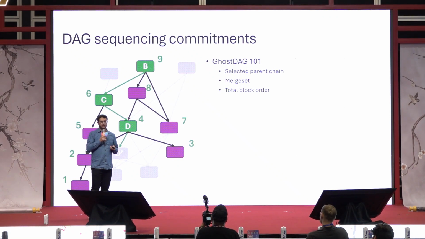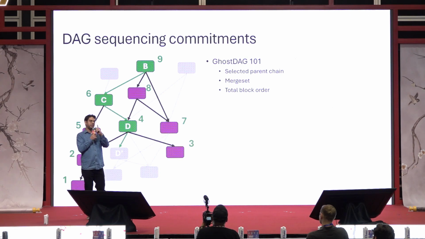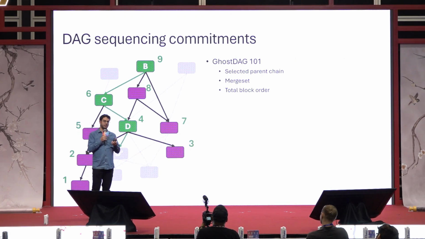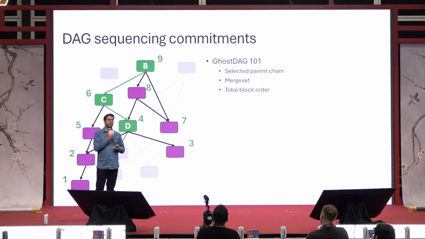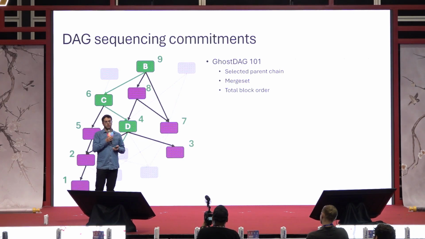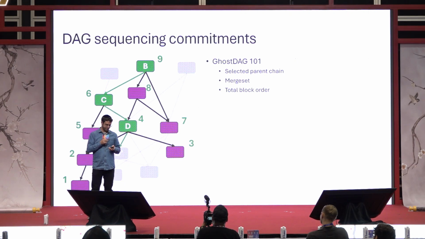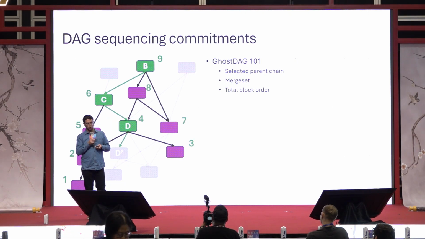You can try and convince yourself that if the chain selection is robust, meaning the chain only has reorg noise at the tips, at a constant depth from the tips, then the ordering induced by the chain is also stable, because the ordering is a function of the chain. So if a part of the chain is already stabilized, so is the ordering induced by it. That's what gives GhostDAG its security, in a sense.